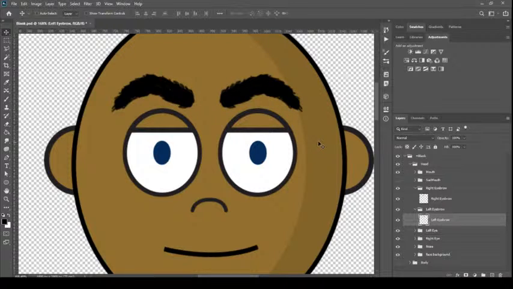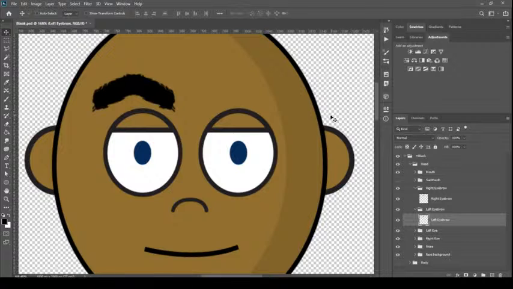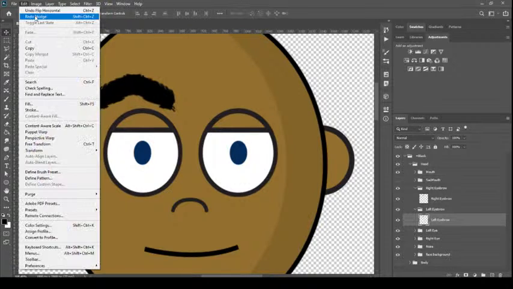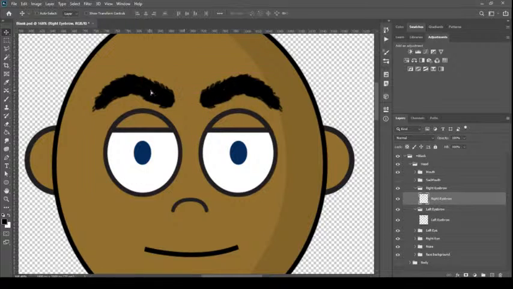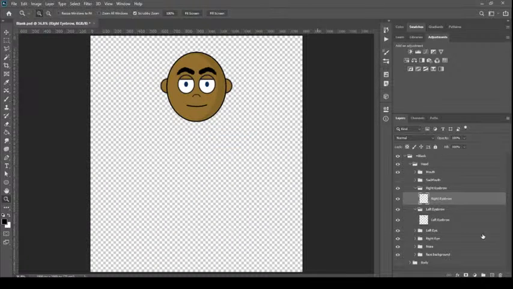Okay, now in this way, I will have both eyebrows, and I don't have to work more on it. Okay, so these smart guides will help me where I'm putting this. So both should be at the same position. This one is here, so this should be here as well. Okay, now that's fine. Okay, now simple what I need to do is that I just have